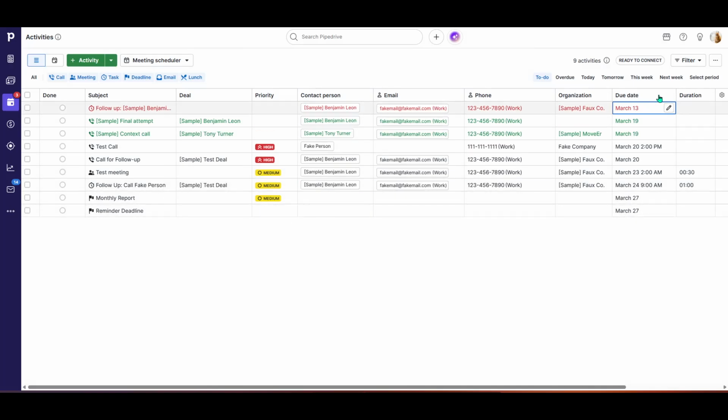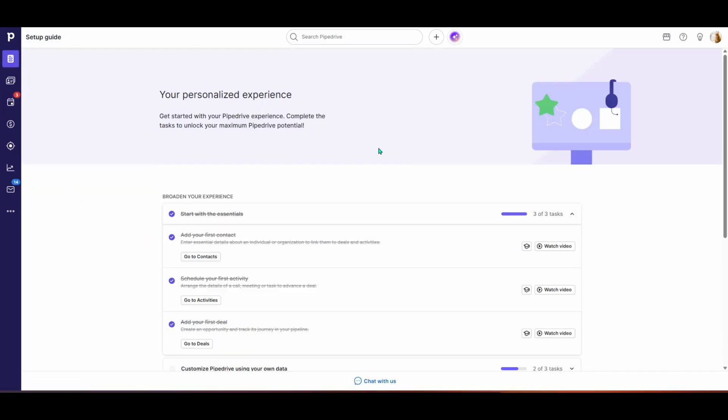That's all there is to it. Go to Activities, open the Meeting Scheduler, select Manage Availability, choose the availability you want, click Share, and copy the link to send. With this simple workflow, you'll eliminate scheduling back and forth and keep your pipeline